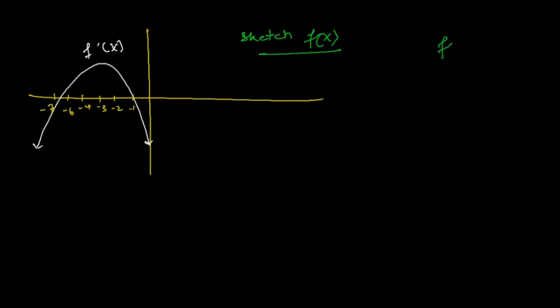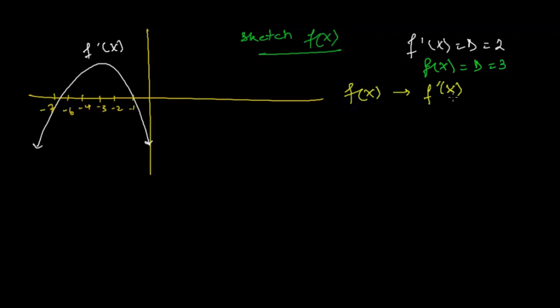Since the derivative function is a degree 2 function, because we see a parabola, the original function in this case would be a degree 3 function, as we're going in the reverse direction. As we know from the previous examples, when we go from the original function to the derivative function,